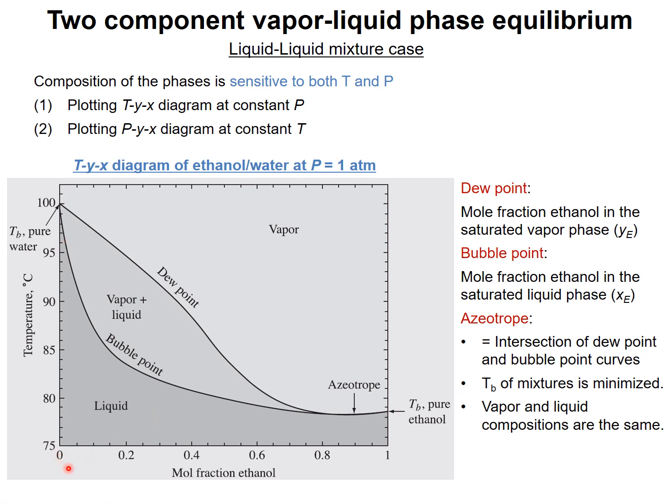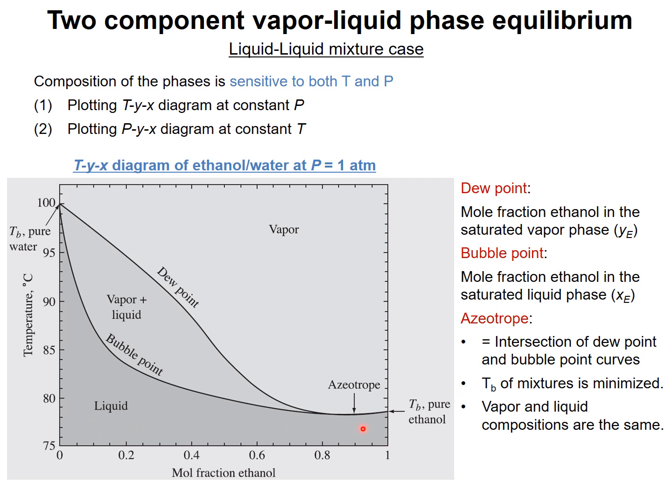Let me check the 0 point for the mole fraction of ethanol. It means we have only water. So this vertical line can be considered as the pure water line. So you could find the boiling point of water on this vertical line or y-axis. Then when you decrease the temperature from like 110 Celsius degree to below 100 Celsius degree, the vapor phase is converted to liquid phase for the pure water.